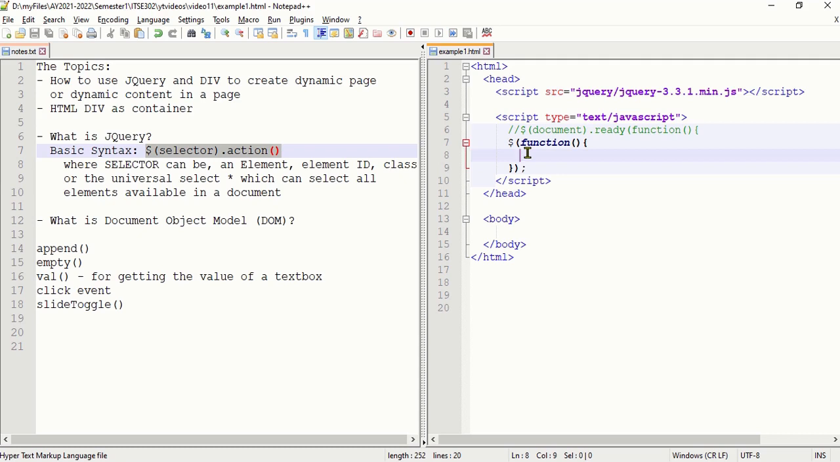Okay, so that's the purpose of this document ready, and so you have to put this document ready here. So script and then document ready. There are two ways to define the document ready, or to place the document ready. You can use this line number 6 here. This is the traditional way of placing the document ready,